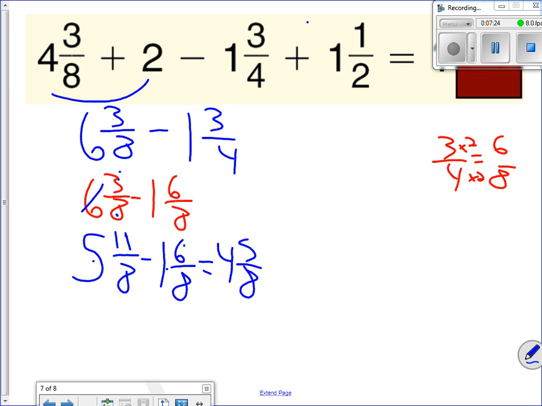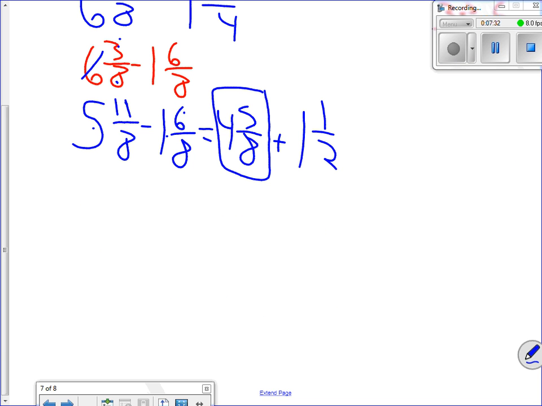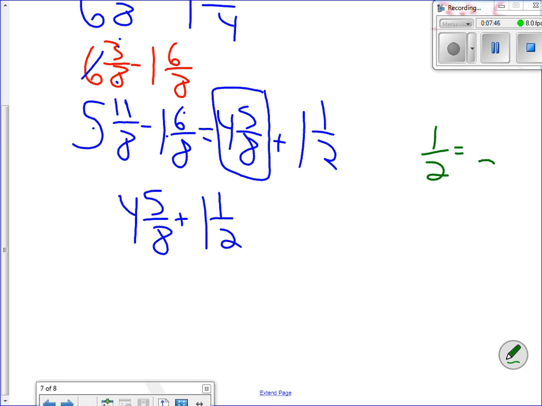I'm not done with the problem, though, because I have to add this 5/8 plus 1.5. 4 and 5/8 plus 1.5. Once again here, I have to find common denominators. 8 and 2, they both go into 8, so I'm going to change half into 8. You see why scratch paper is important, kids. Make sure you are asking me for scratch paper in class tomorrow. I'm rewriting my problem. 4 and 5/8 plus 1 and 4/8